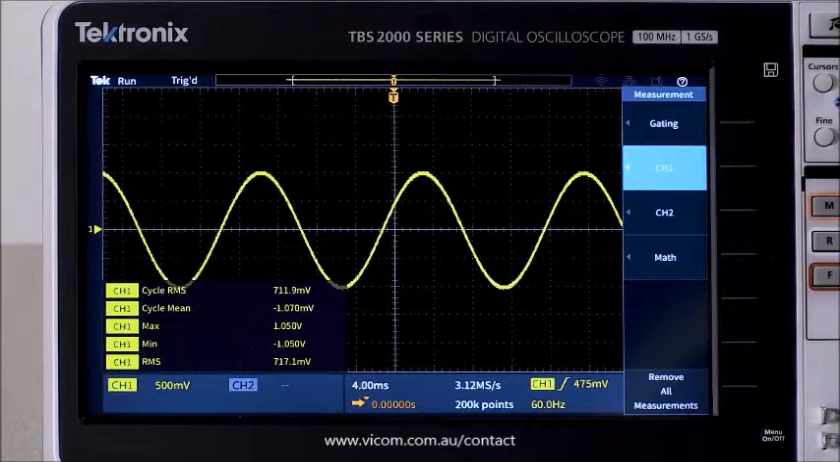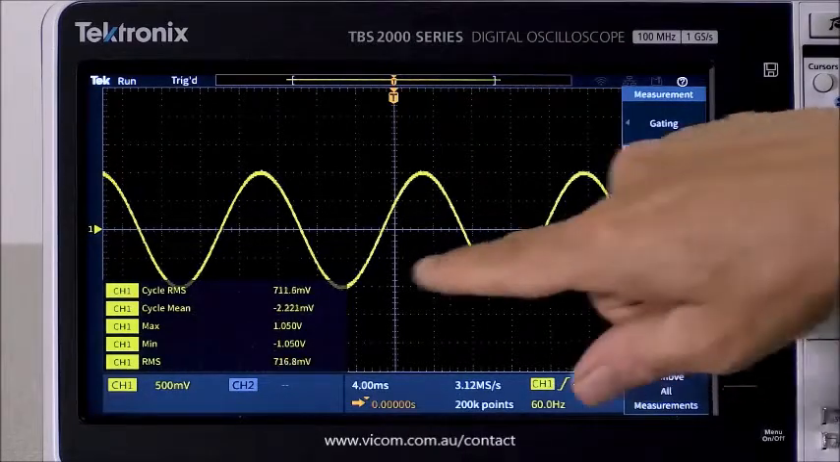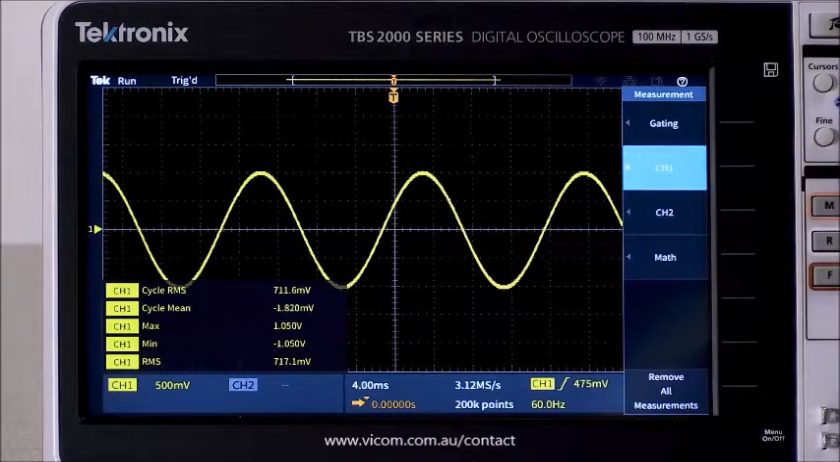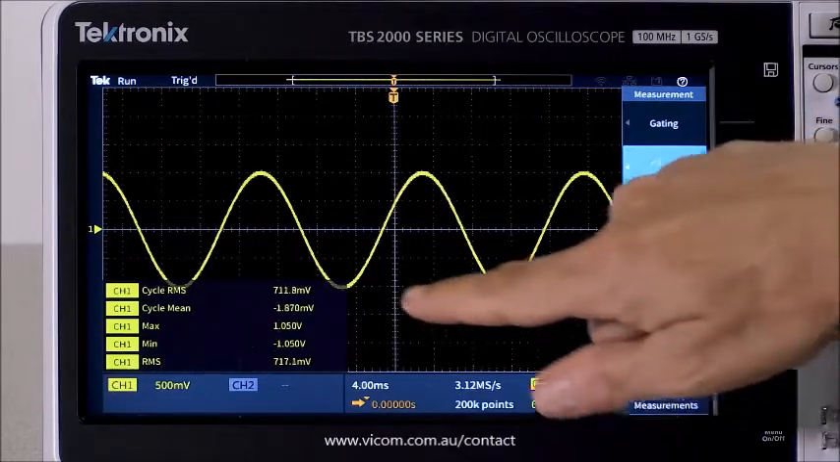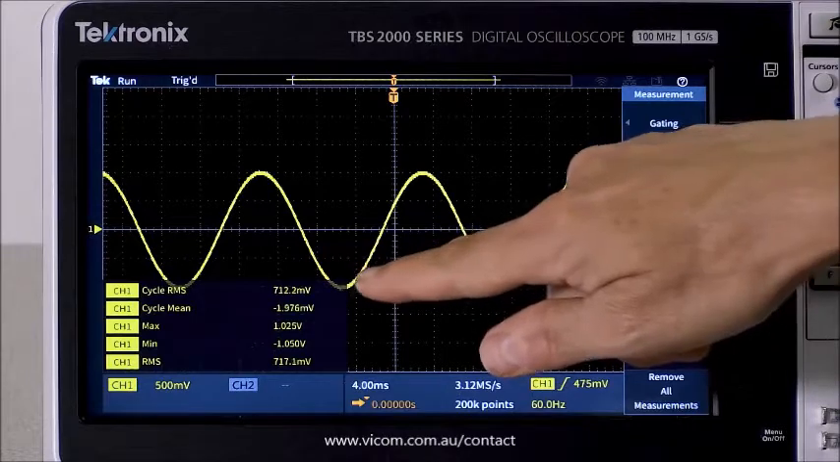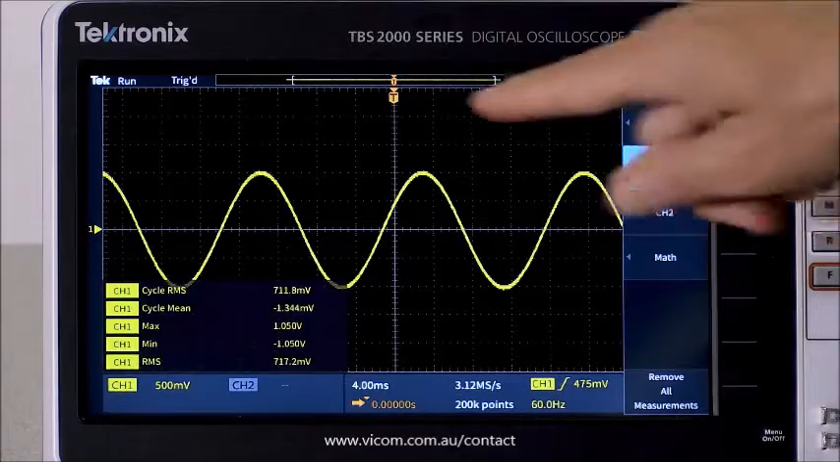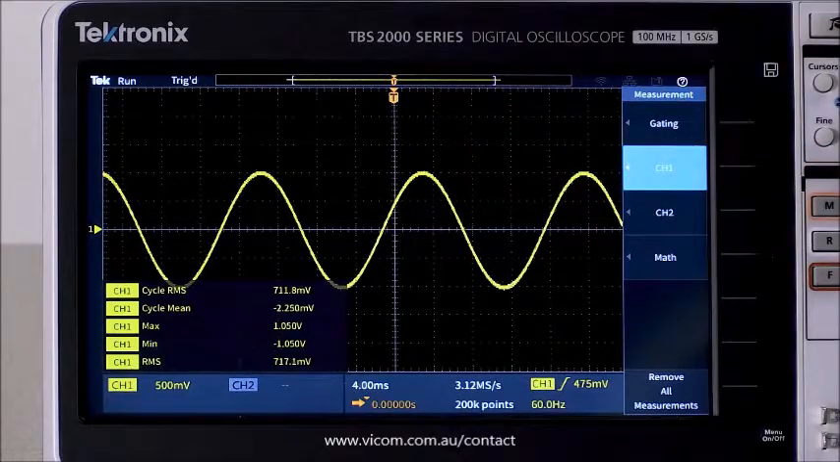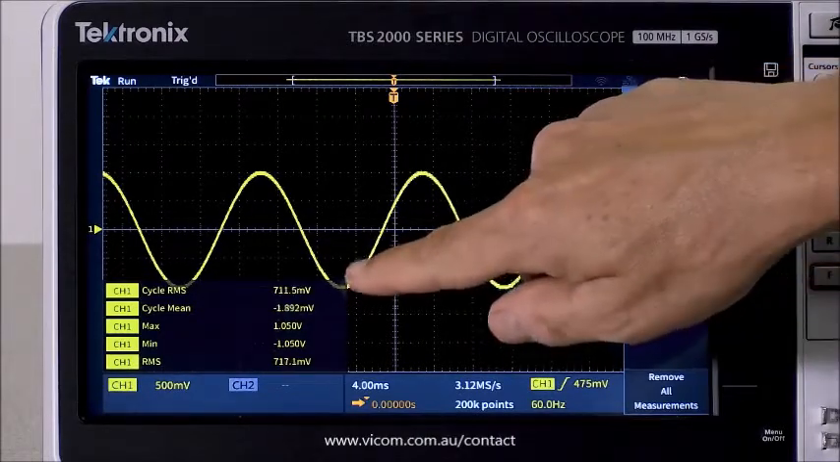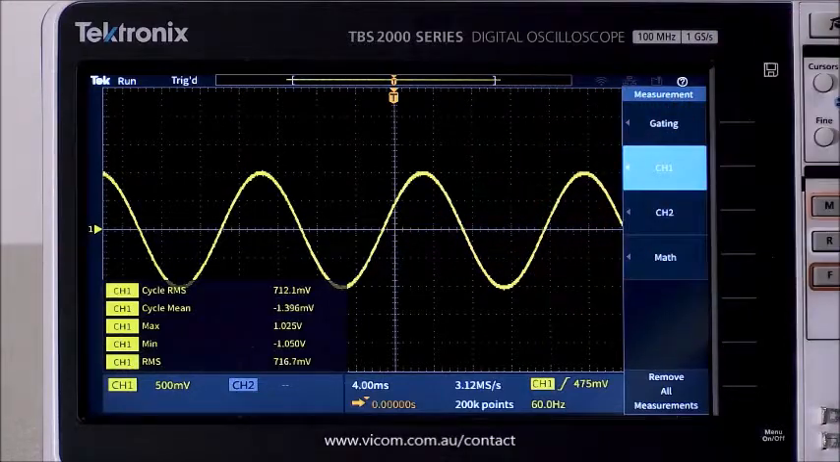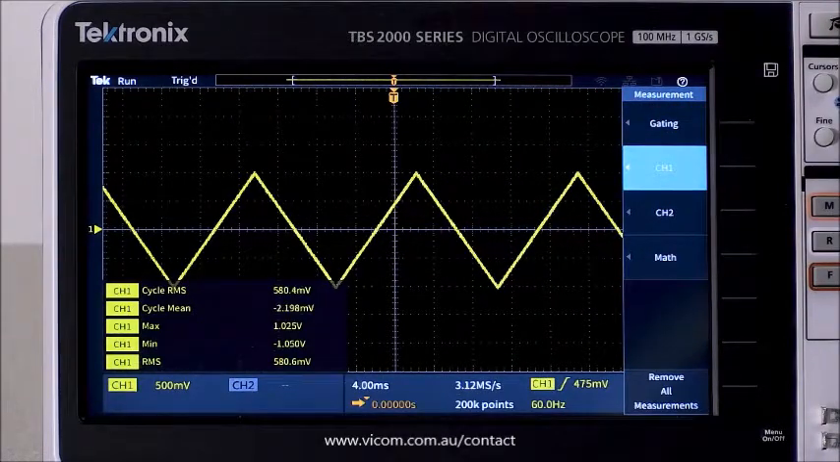There are a few things to notice. Even though the cycle mean is still around 0 volts, the cycle RMS is a little over 700 millivolts, or about 70% of the peak. So the amplitude or max is 1 volt. And for a pure sine wave with no offset, the RMS value is always going to be around 70 or 71% of the peak. For a triangle wave, the RMS value will be around 58%